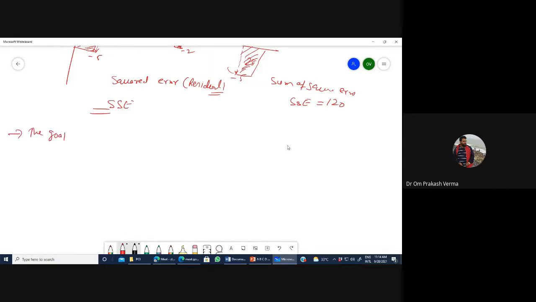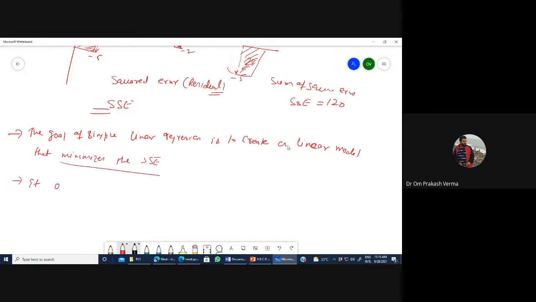The goal of simple linear regression is to create a linear model that minimizes the sum of square of error, SSE. Our target is to minimize this error.